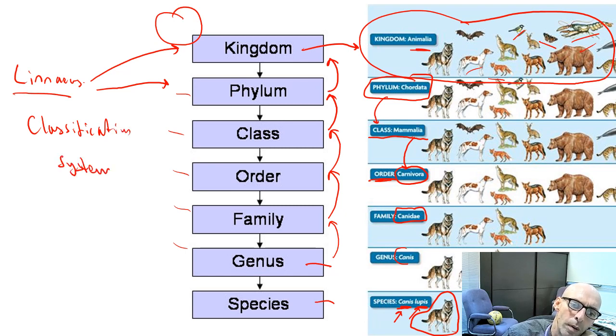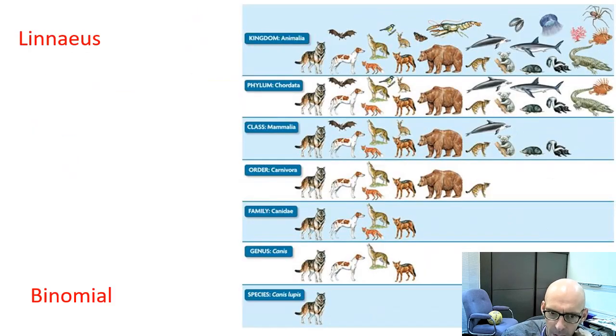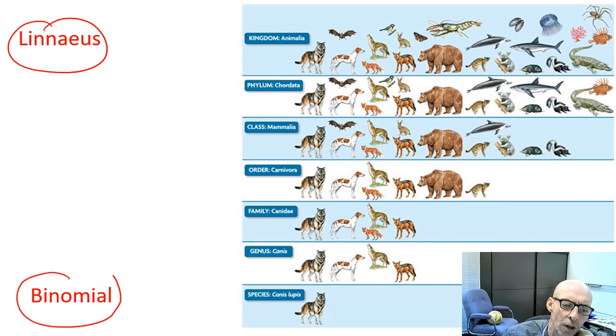system. I know people I teach, lots of them have got a mnemonic, such as kill penguins 'cause overweight fish get stuck. I know is one of them. Different example. Sorry, I'd already mentioned Linnaeus on that previous slide, and I'd already mentioned binomial. Binomial means 2 names. That's how we're known. That's why we're Homo sapiens, and this one is genus Canis, species lupus. So we call a wolf Canis lupus.